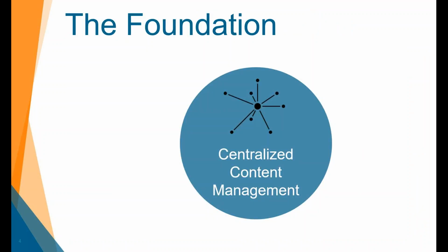First, you're going to need to set a foundation with a single platform for managing content. Rather than wasting time searching for information in shared drives or other locations across the organization, you want to focus your team on bringing all of their content into one centralized location. You can really add a lot of efficiency by simply eliminating the need to search for information that is saved incorrectly or has the wrong naming convention. When you're able to do this, you can unlock access to your information to your team anywhere that they are